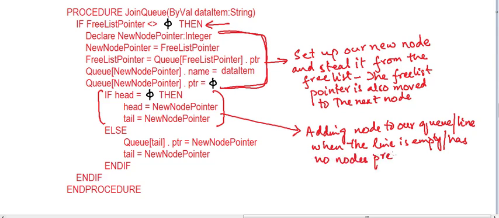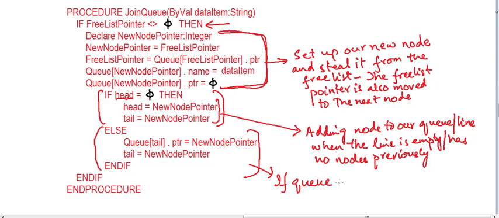So when we have an empty line, or an empty queue, the head is equal to null, and in that situation we do these two things. We set the head pointer and the tail pointer to point towards the new node, and this is the else case. Otherwise, if the queue already exists,